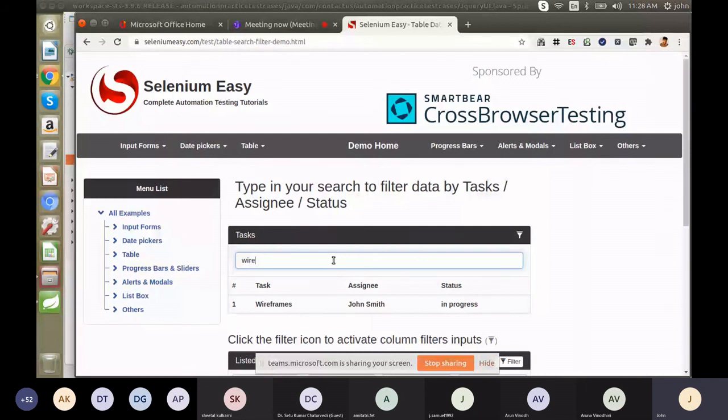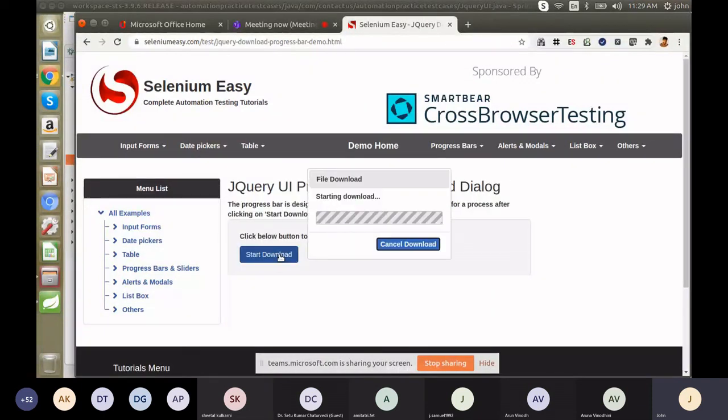And similarly, we have a lot of progress bars available. Suppose you click start download, it shows it is downloading some files. We have to automate this button also. You have to find the correct XPath, then put some Thread.sleep, and wait for 100% complete. You have to find the text, and once it is completed, then you have to click the close button. So you find the XPath for complete, and then the XPath for close, then you can close it.